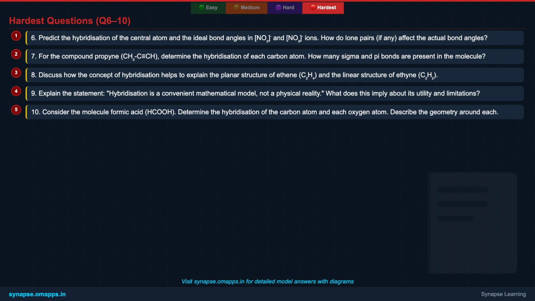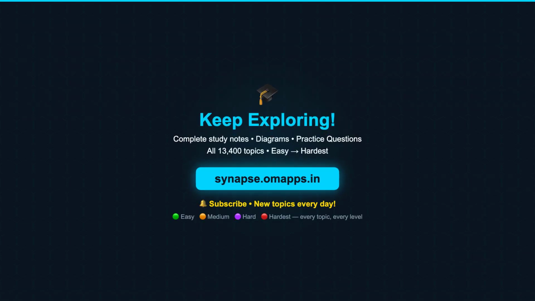Good luck! And that brings us to the end of our in-depth exploration of hybridization. We've journeyed from the basics of sp² and sp³ to their intricate connections with molecular geometry, resonance, and even advanced theories and real-world applications. Mastering this topic is absolutely crucial for your success, as it forms the bedrock for understanding organic and inorganic chemistry.